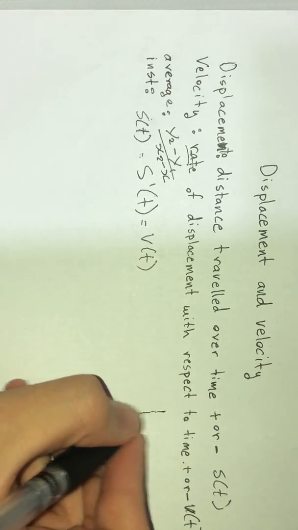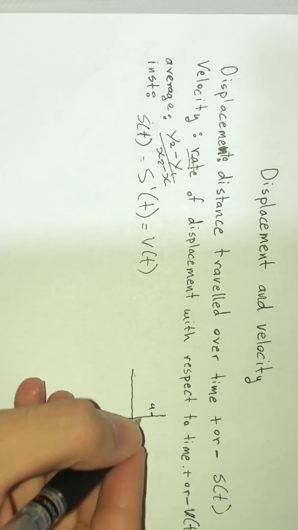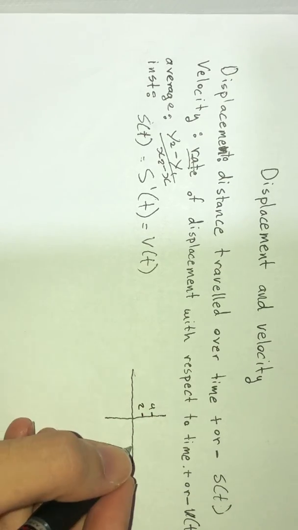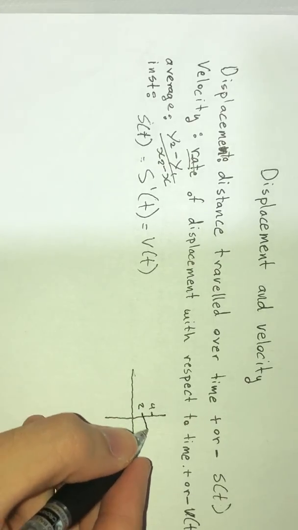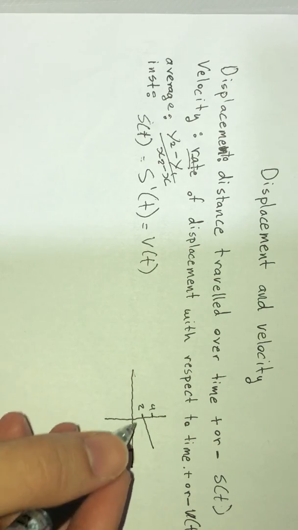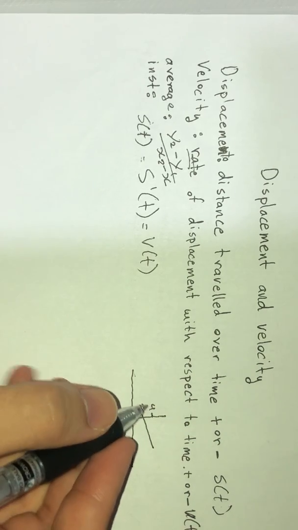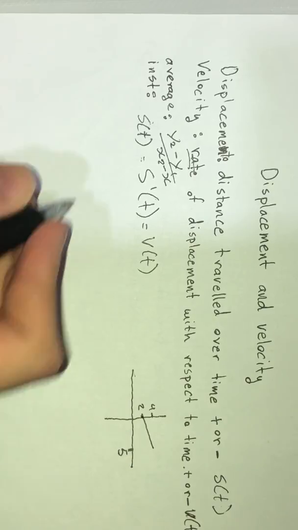Now if I draw a quick graph here, let's say here y equals 4, y equals 2, and x equals 5, and draw a line from here to here. Now we want to find the average velocity. All you have to do is get the y1, x1, which would be x1 is 0,